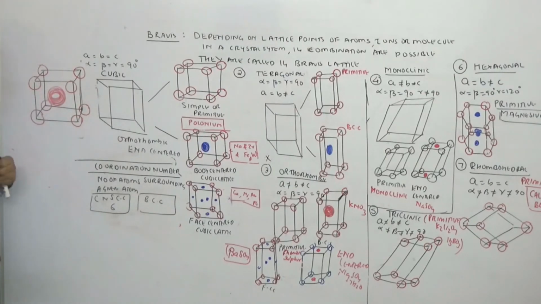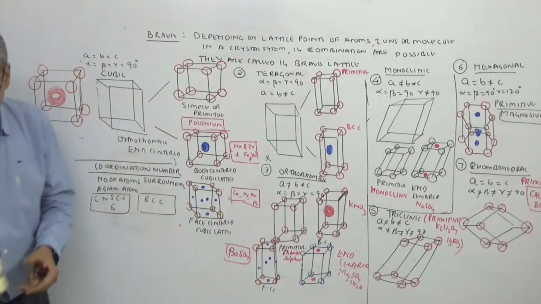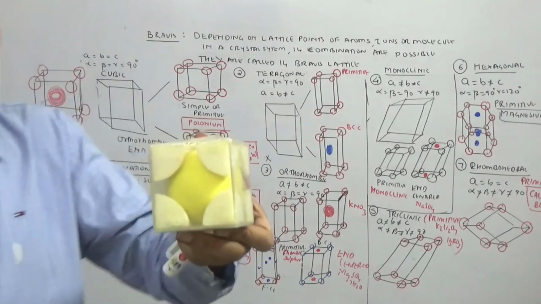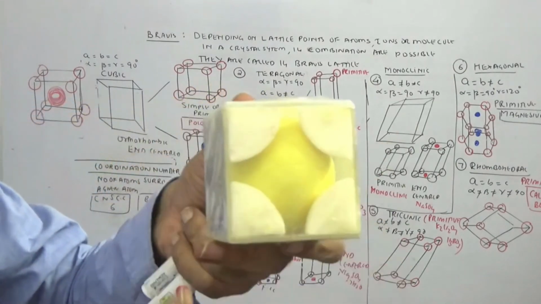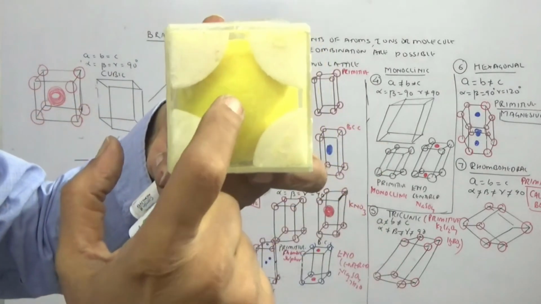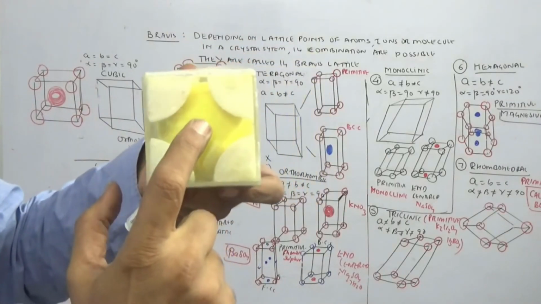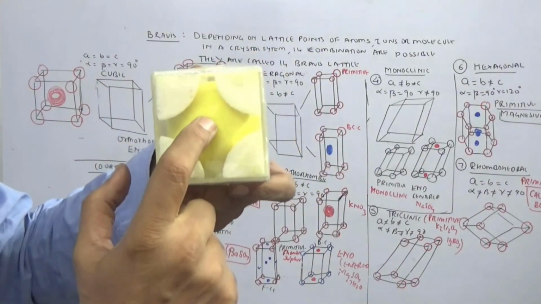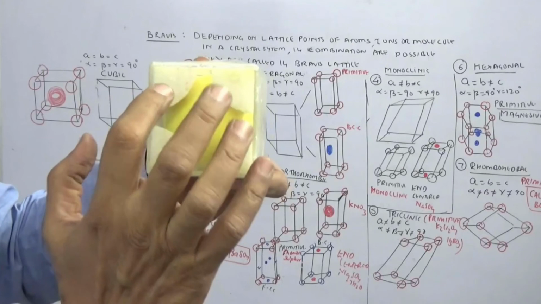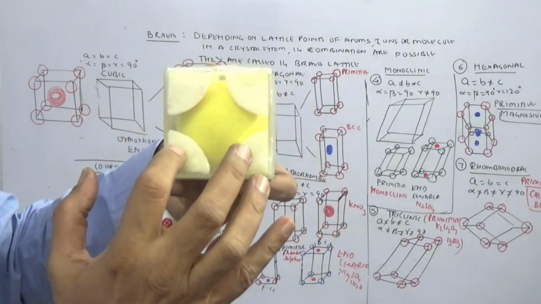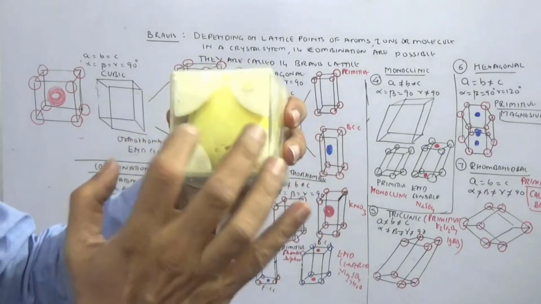So we can take any one. So if I take this, how many immediate neighbors does it have? 8. इधर देखो. We'll look at the model. The model is very clear. I am taking the atom at the center. And how many atoms are touching it? 1 2 3 4 and पीछे वाला 5 6 7 8.